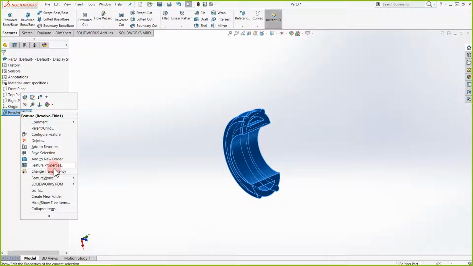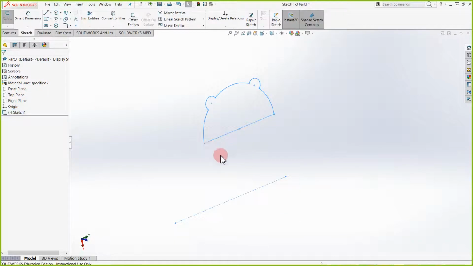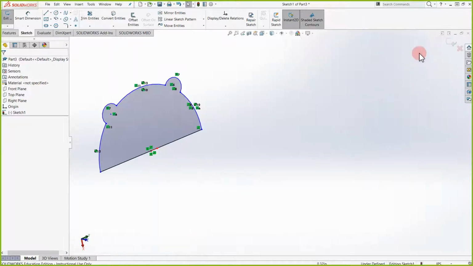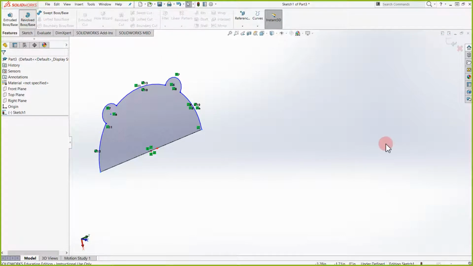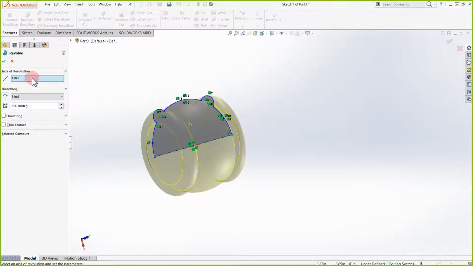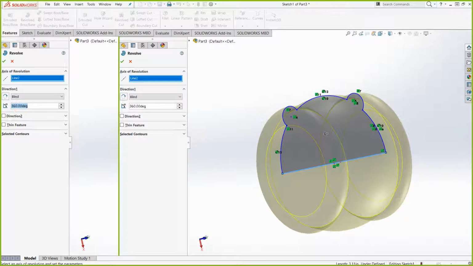Let's delete this again. And this time I'm going to eliminate this line. Edit plane, get rid of this. So now we have the same thing again. I'm going to go back, or if I don't want to go back right away, I can just do feature and do revolve. So it's already active. See, I don't have to have that extra line. I could technically just go here, clear this, and say that this is my line. Well, not that one, but a flat one like this one right here. And it's going to use that one as my center of rotation. And again, if I do 180,